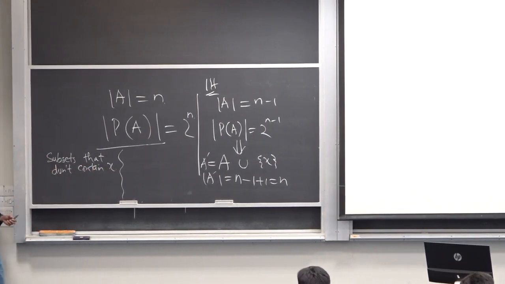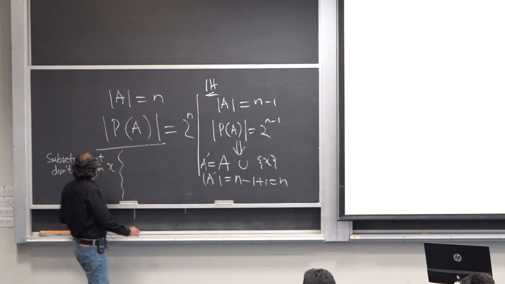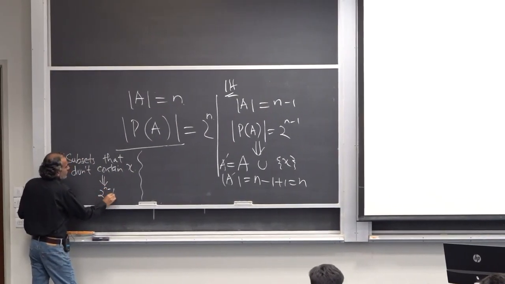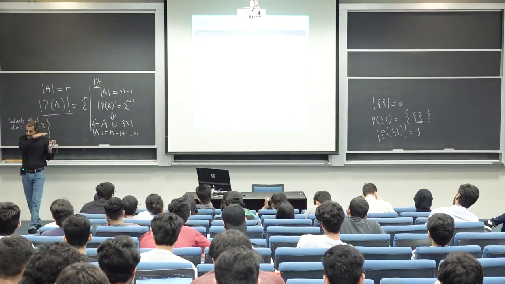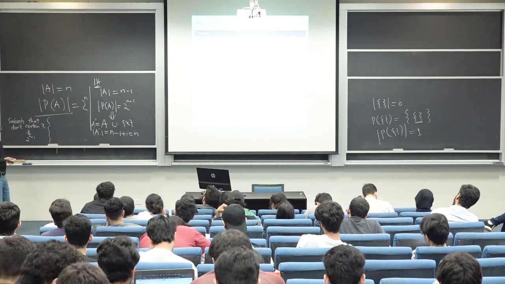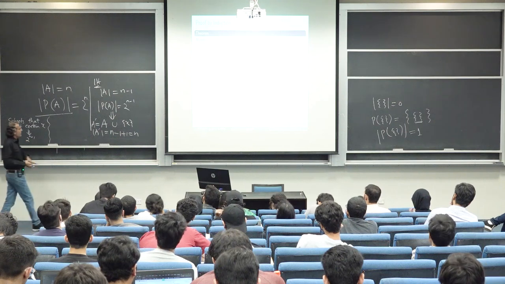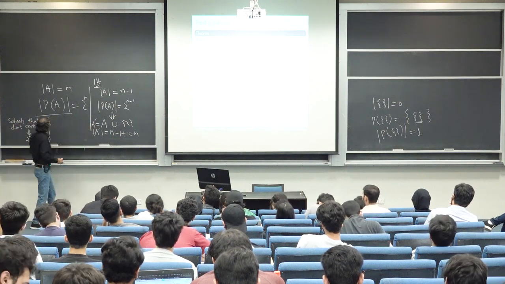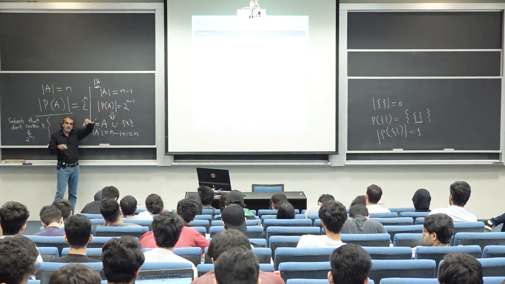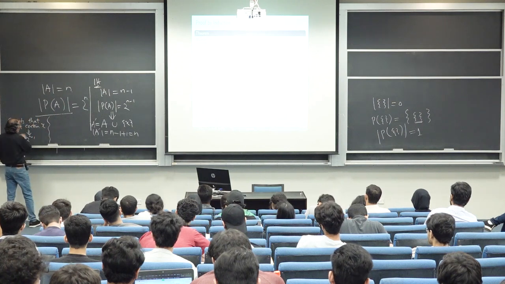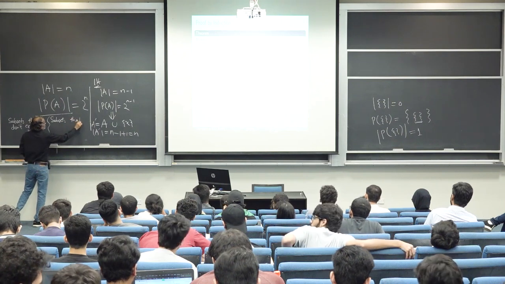What are these subsets? These are exactly those subsets which were members of P of A, and their count is 2^(n-1). Now all those subsets have been replicated over here, placed again over here, and what has happened with them? In all those subsets we have inserted X. So X is the new element which has become part of A prime. In all those previous subsets, none of them contained X, so we are inserting X in all of them. These are the subsets that contain